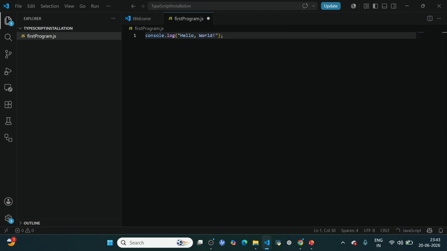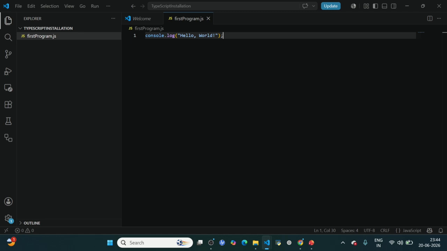Here we can write hello world, any message we can write here. Before running, we need to save this program using Ctrl+S, and after that we need to run this